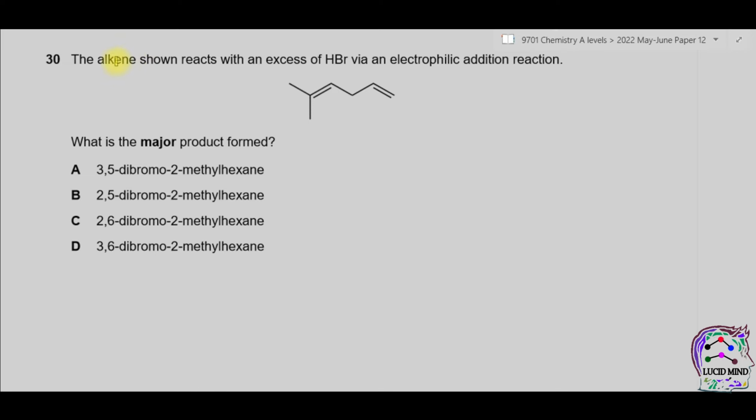Question number 30. The alkene shown reacts with an excess of HBr via an electrophilic addition reaction. What is the major product formed? Now we have alkenes, and in this alkene HBr is added. So according to the rule, we know that the major product is formed when hydrogen atom from HBr,